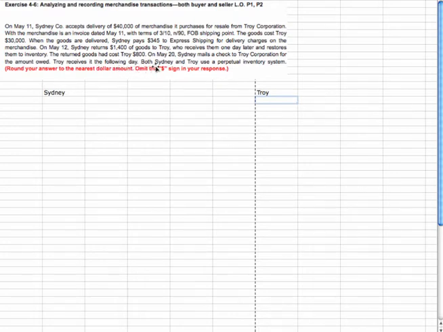Both Sydney and Troy use the perpetual inventory system. So now let's do the journal entries, and instead of going back and forth, we'll put them side by side, but let's first do, in chronological order, the journal entry for Sydney, the buyer. First of all, on May 11th, Sydney purchased the inventory. The inventory cost $40,000. So what we should do is increase the merchandise inventory account,